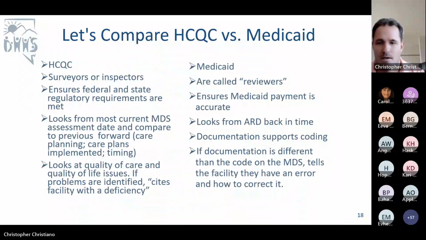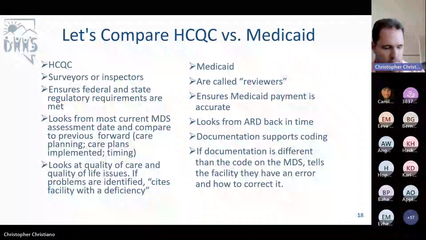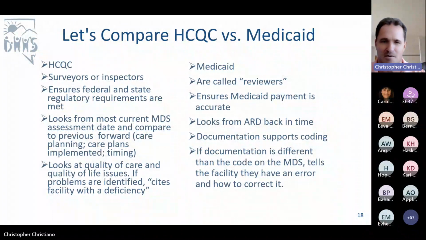Okay. So I put this slide up here because a lot of people, and the feeling I got when I first started doing reviews, is that we were the big bad state coming in to review. We're trying to debunk that myth that we're there to get you in trouble or anything. And of course it does revolve around money. So it's important to do these reviews right. But we are not there. We're more there to educate and to hopefully help you succeed on your reviews in the future and get a high score and a higher payment.